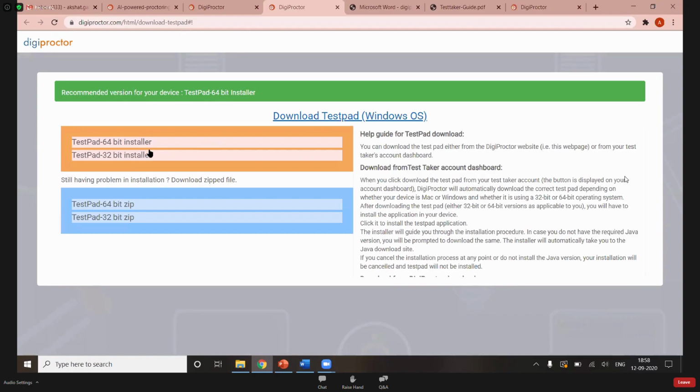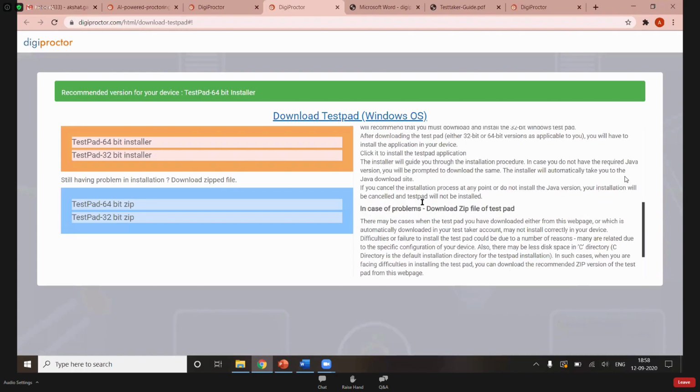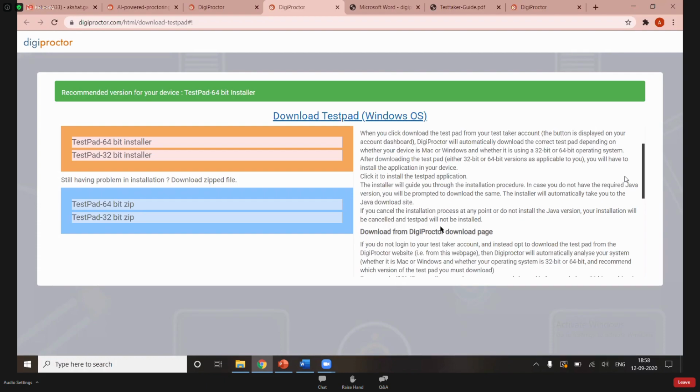In case you were not able to install the same, you can install these alternate ways via which you can install the application. The instructions of which are available on your page itself, here itself. Everything is available here. So whatever is recommended here, you will have to download that particular one. Follow these instructions to just install the same and run the application.